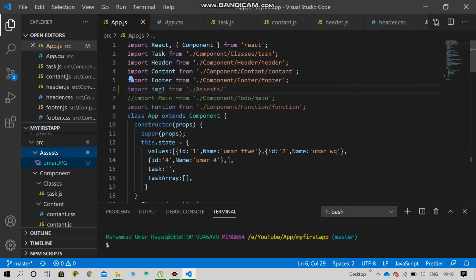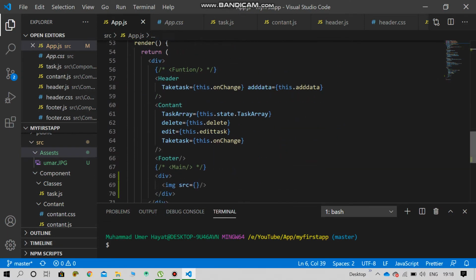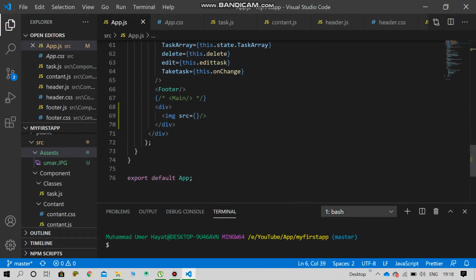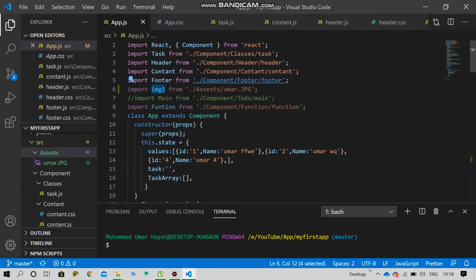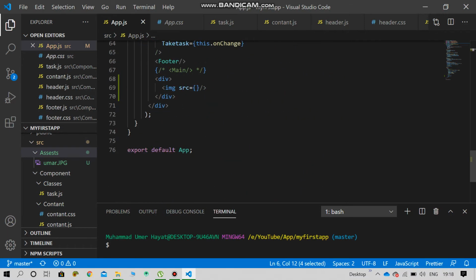Sometimes there is an error in the image because of your extension, so be careful about the extension. So here we paste the object of the image, image1, Control C, and we paste here. Okay, so we can npm start the project.